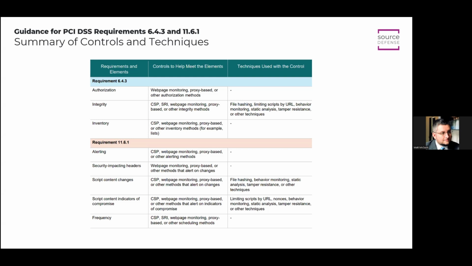So I guess these requirements kind of showed up and were new. The topics were new for a lot of people. And I guess maybe the idea was, oh, this can't be this hard. It's two sub-requirements in the overall DSS. We'll knock it right out. But then when the actual complexity of the task was fully realized and scoped out, it is a pretty big project. I've done some back of the cocktail napkin analysis, and I think it's not out of the question to say 100 hours or more to do an initial build and deployment of a solution that puts together a bunch of these approaches